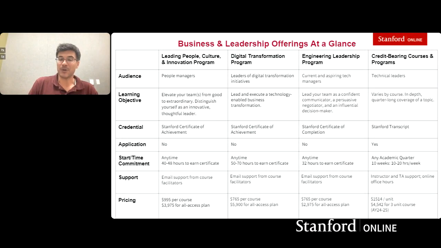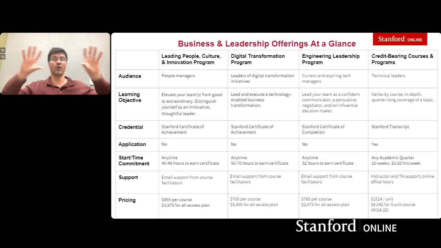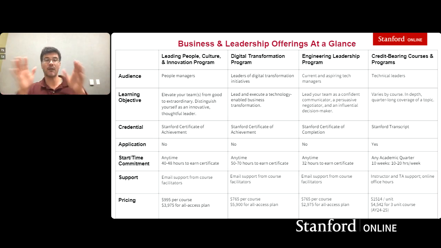As Robin said, that was very much drinking from a fire hose. So we wanted to give this chance to come back and just give you an overview. We'll keep this up for a little bit so you can look at the full range of offerings. Again, the first three columns are the specific programs within the professional program, and that fourth column covers a wide variety of courses and content within the Stanford Online portfolio.